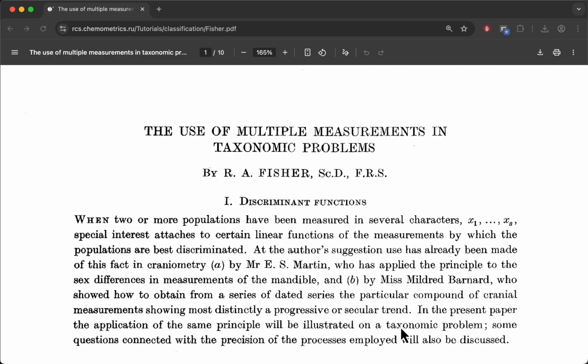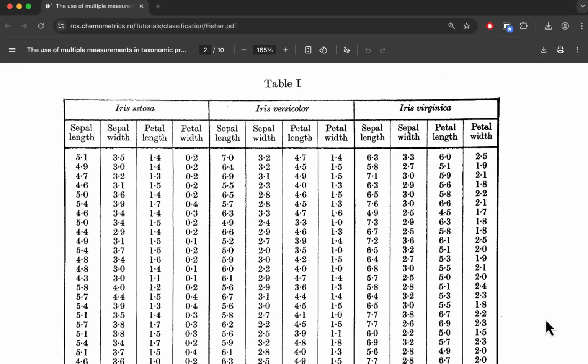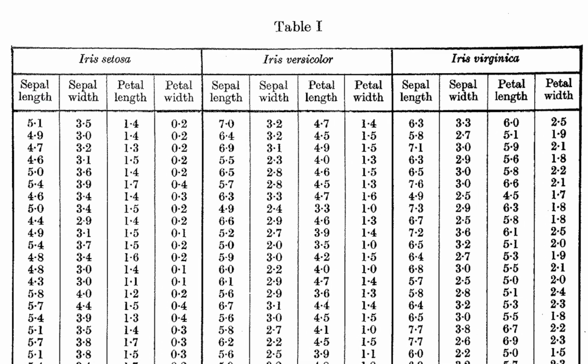To demonstrate this, we'll use the famous Iris Dataset introduced by Ronald A. Fisher in his 1936 paper, The Use of Multiple Measurements in Taxonomic Problems. You can find a link to the paper in the description. This dataset contains measurements of the sepal length, sepal width, petal length, and petal width for 150 iris flowers. These flowers belong to 3 species: Setosa, Versicolor, and Virginica. Our goal is to train a machine learning model that can predict the species of an iris flower based on